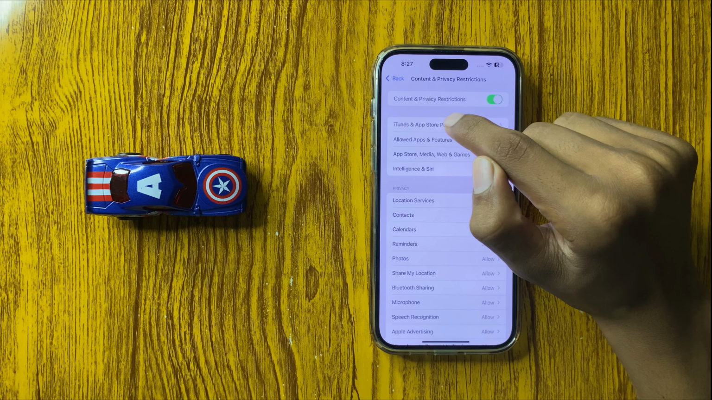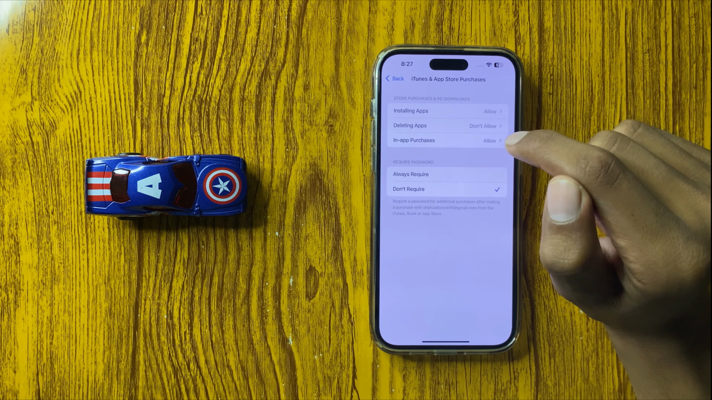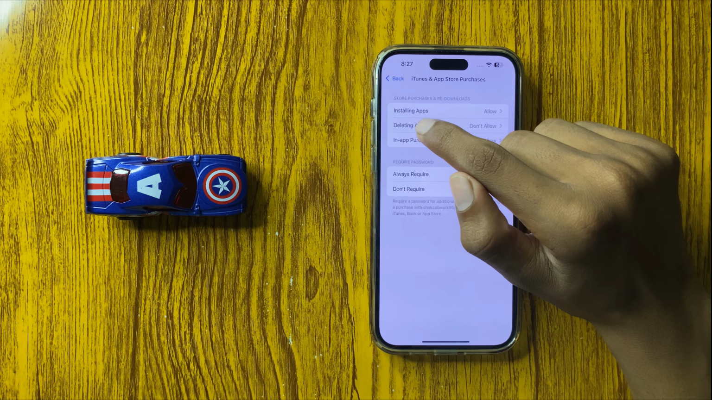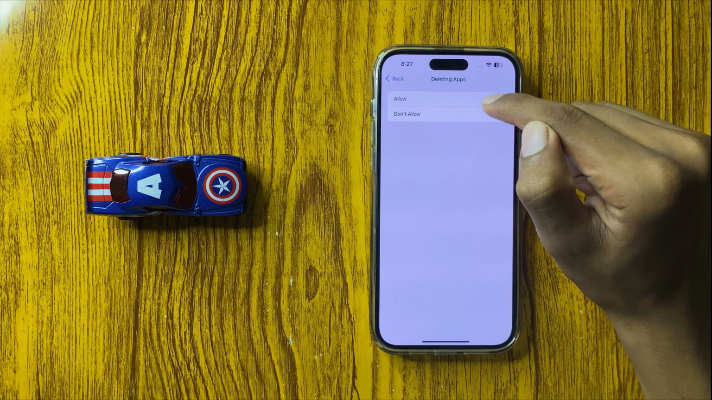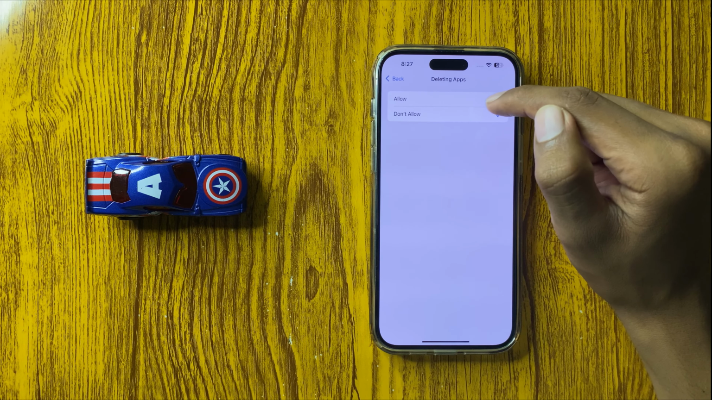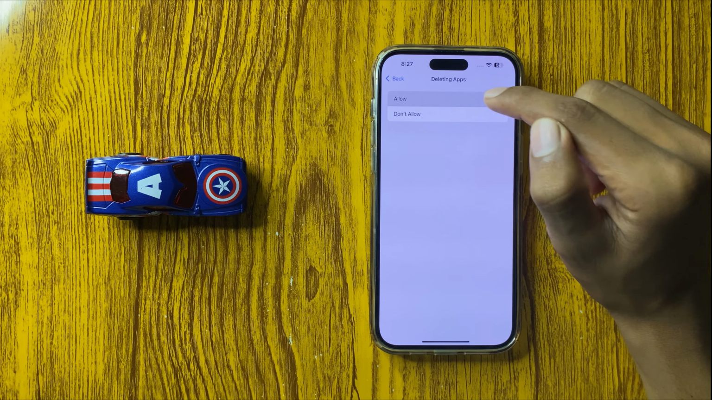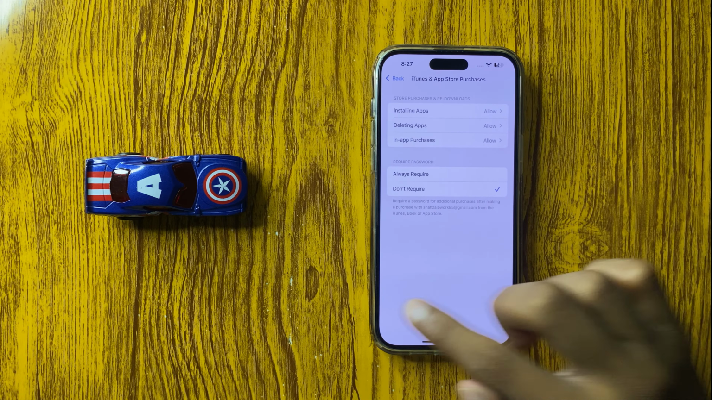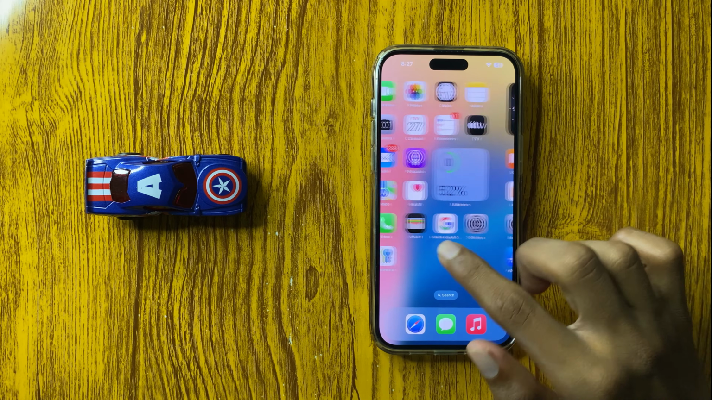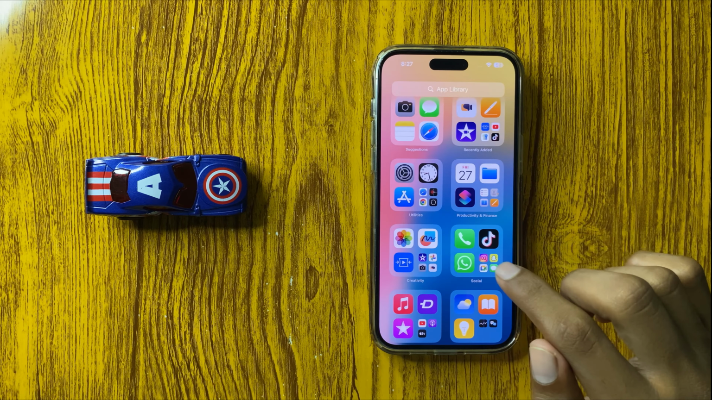Click on iTunes and App Store purchases and here you can see the option deleting apps. Here you can allow and don't allow deleting apps. So allow deleting apps and go back to home screen and open an app library, and here you can